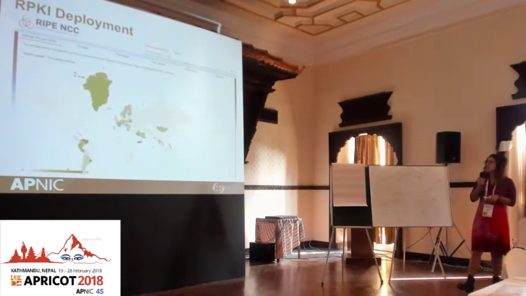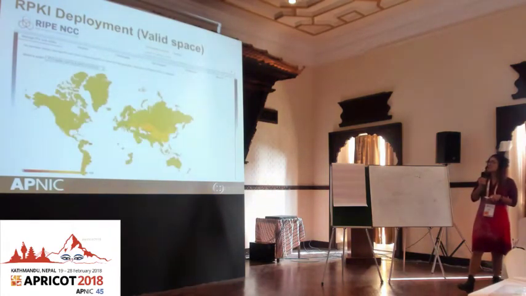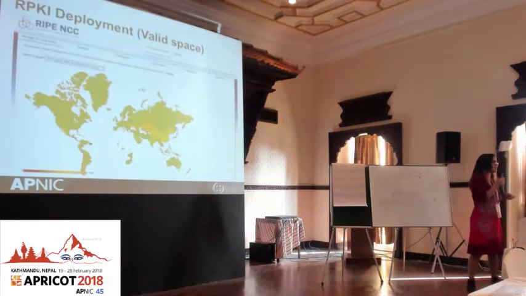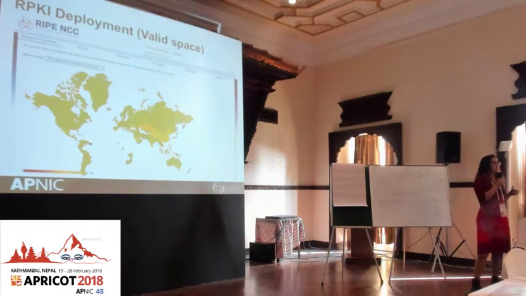And another thing we can check is, from that space that is covered, what fraction of space is valid. And at this stage of the deployment of RPKI, having space that is marked as invalid doesn't necessarily mean that there's a hijacking or a misorigination going on. A lot of the cases of invalid prefixes are more related to people not being that familiar with the RPKI system and generating ROAs that don't have the correct information they should have to be coherent with what they are announcing in BGP.